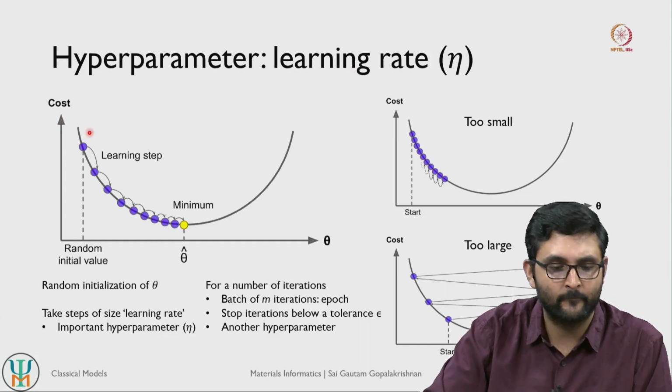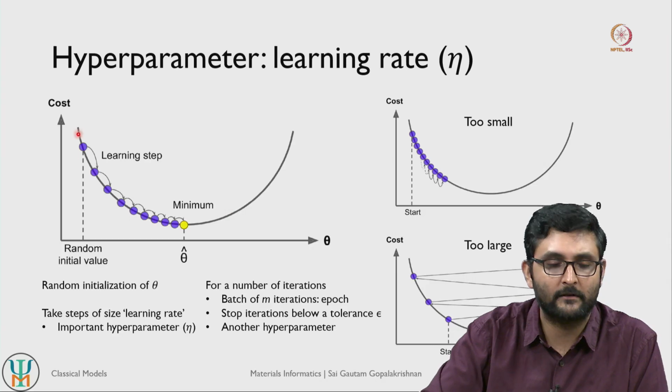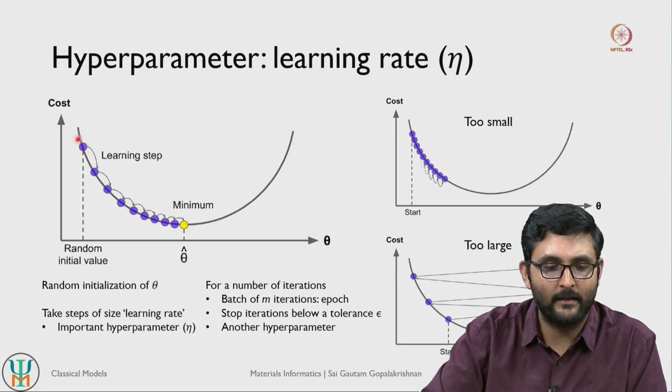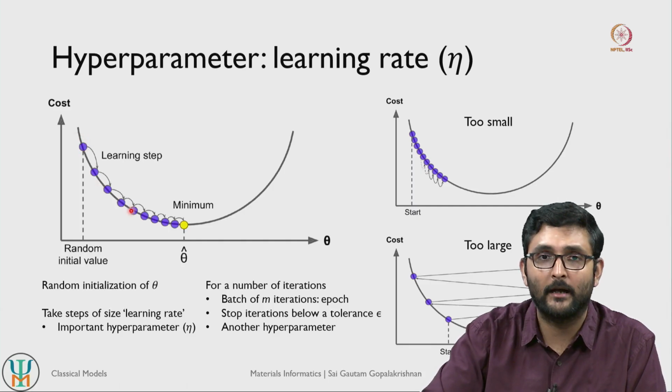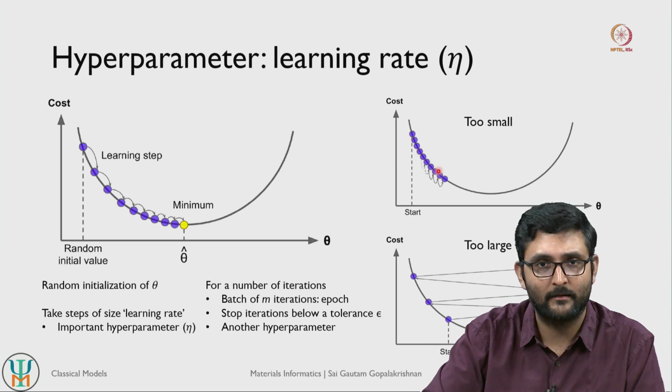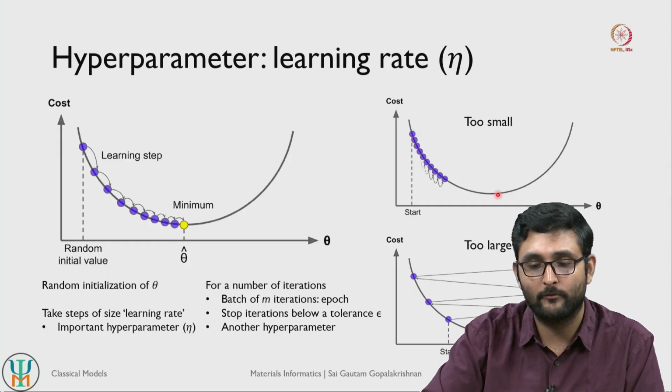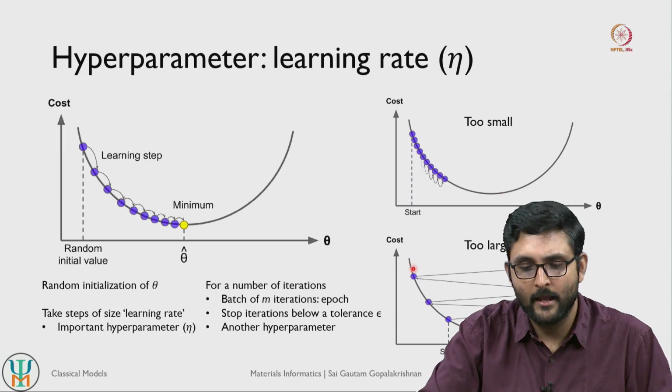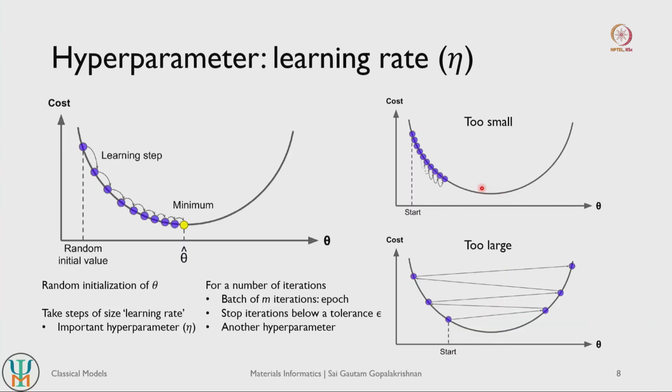So what is learning rate? Let us say you have this very smooth convex function here, you are starting from this point and you are trying to get to the minimum. So you start here, calculate the slope, and now you want to go down this curve. But you also have to decide how much you want to move along this curve, because if you take very small steps, like this, you may spend a lot of time reaching from this initial point to your minimum. So that adds a lot of computational load.